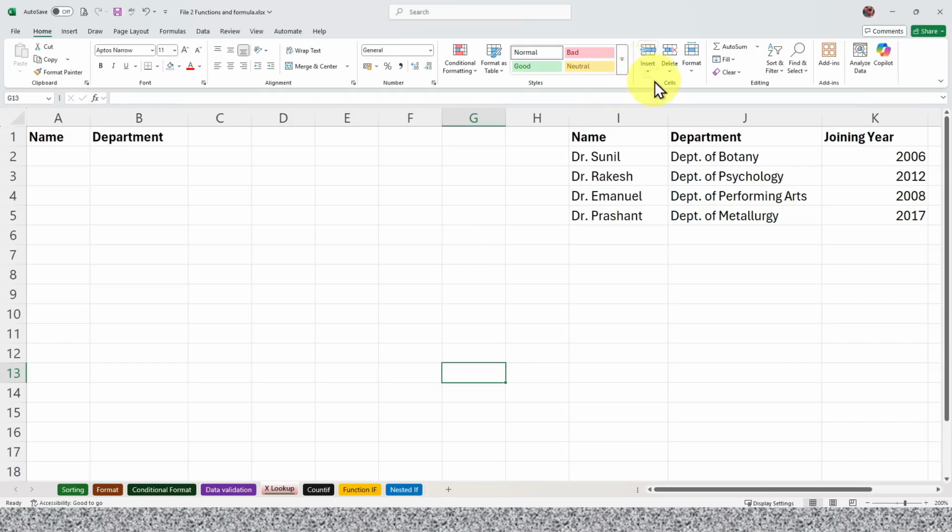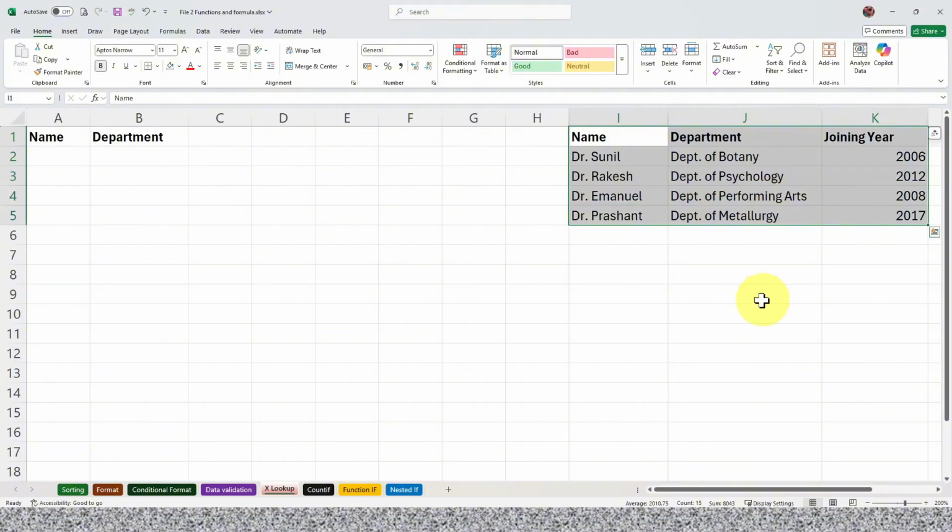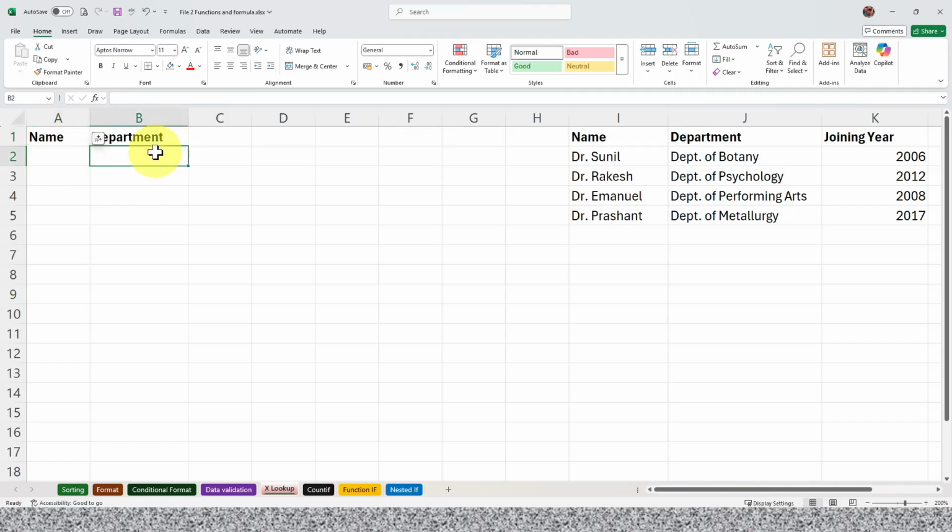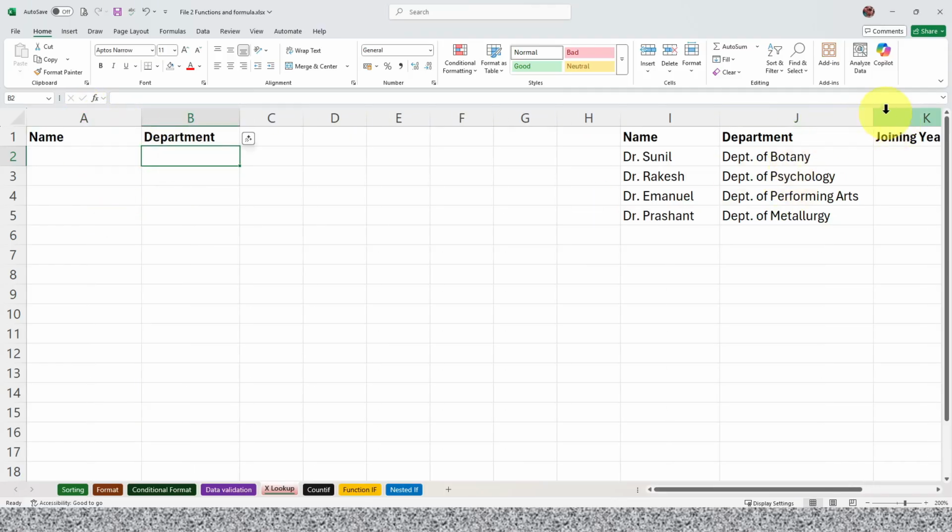So consider that this is our main database, whereby we have names of some faculties, their departments, and their joining years. Now consider that I would write the name of the faculty here, and the department's name should automatically pop up at this site depending on this list. So Dr. Sunil is in Department of Botany, in which case if I type Dr. Sunil here, then his Department of Botany should come here automatically. That is my idea. What I can do is,